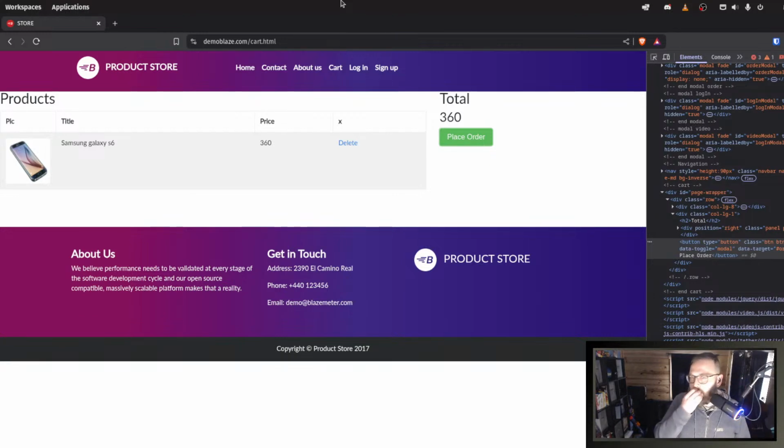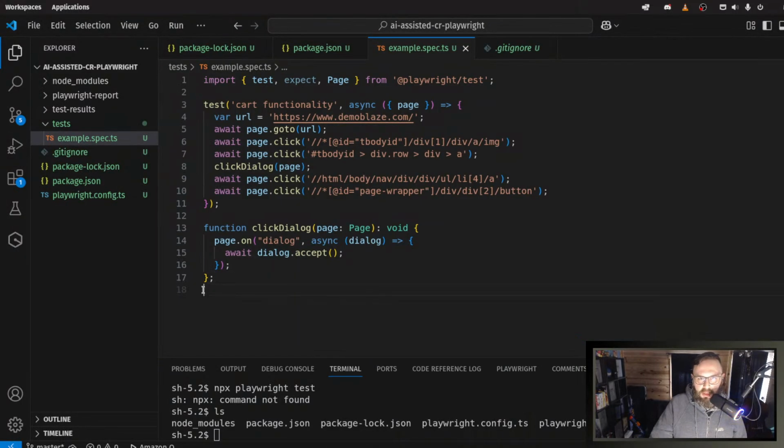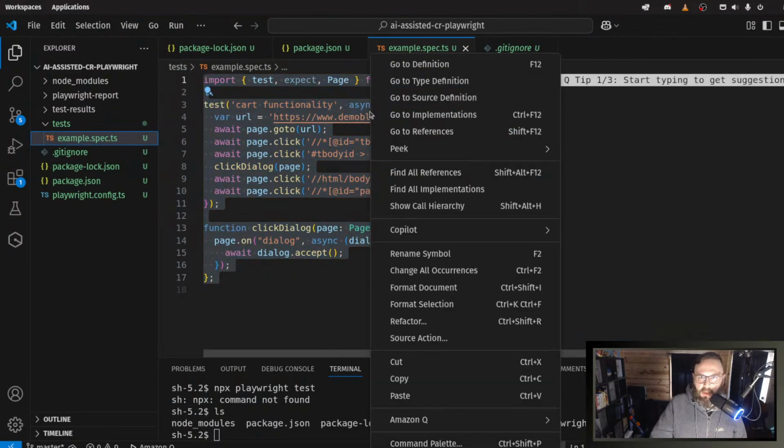I don't know. So I want to try to feed this to Q if I can remember how to do it correctly. I think I want to do not Copilot,